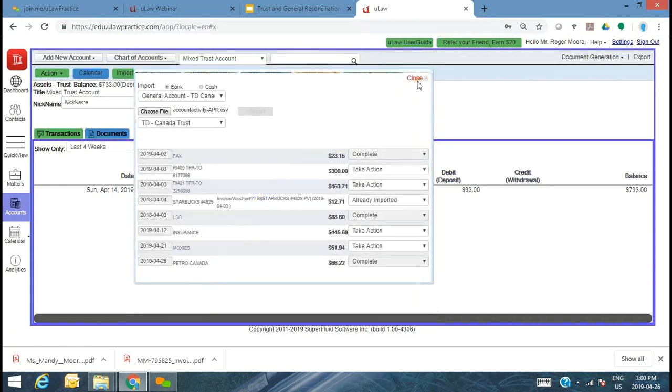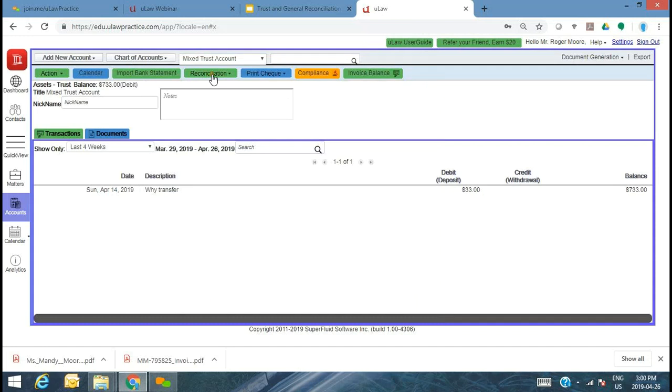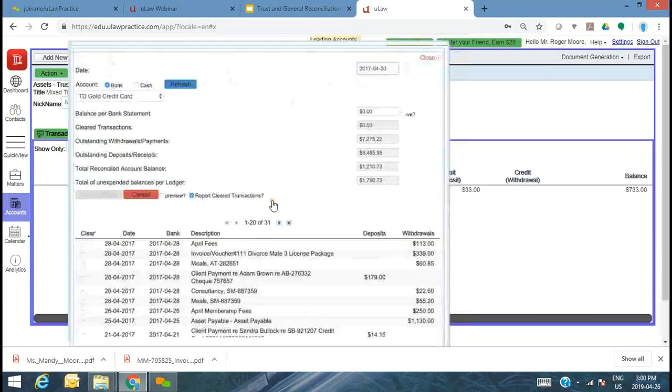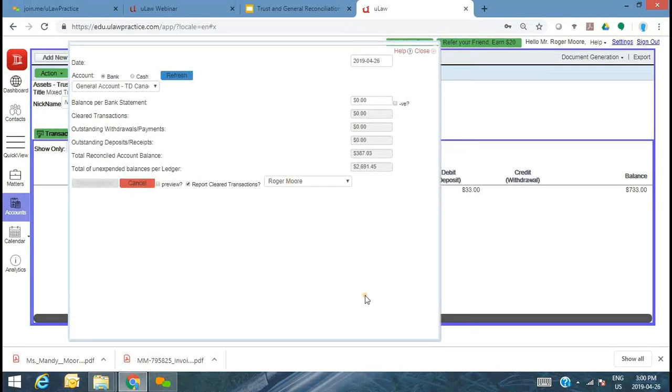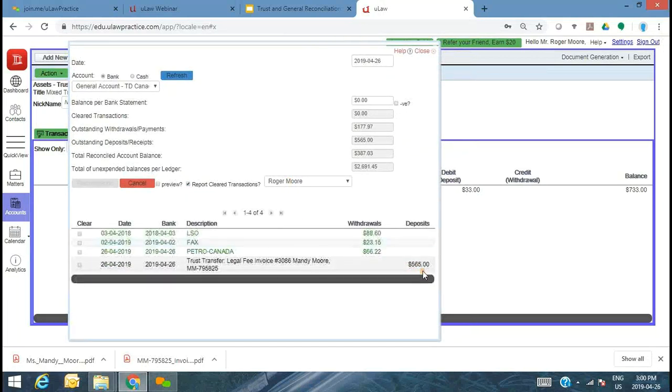All right. So with those three transactions, if I go into my general reconciliation, now you see there was one deposit of 565, but early on, coming right from the bank, you didn't have to enter it, took it direct from the bank, so for sure it's happened. And that's why we mark it in green, because you actually imported it directly from the bank.